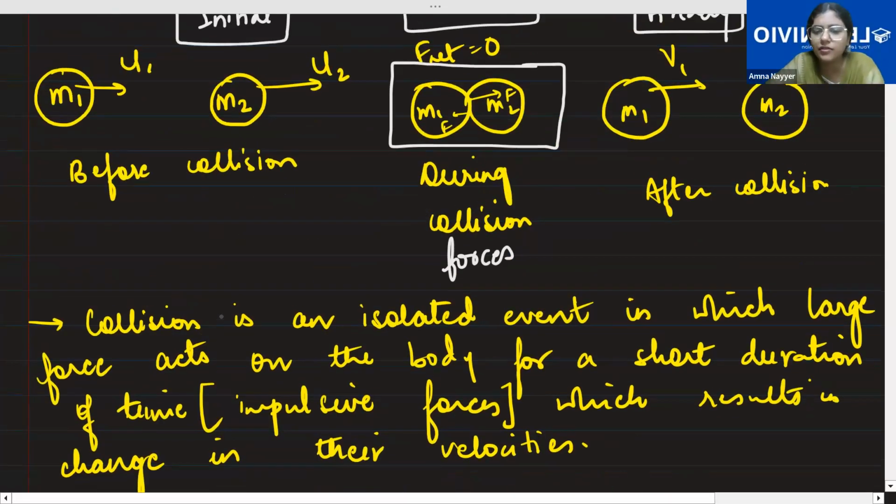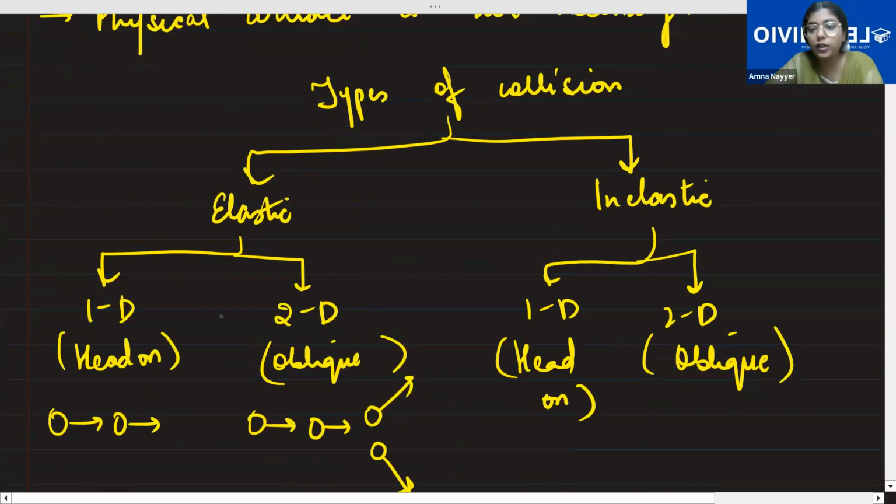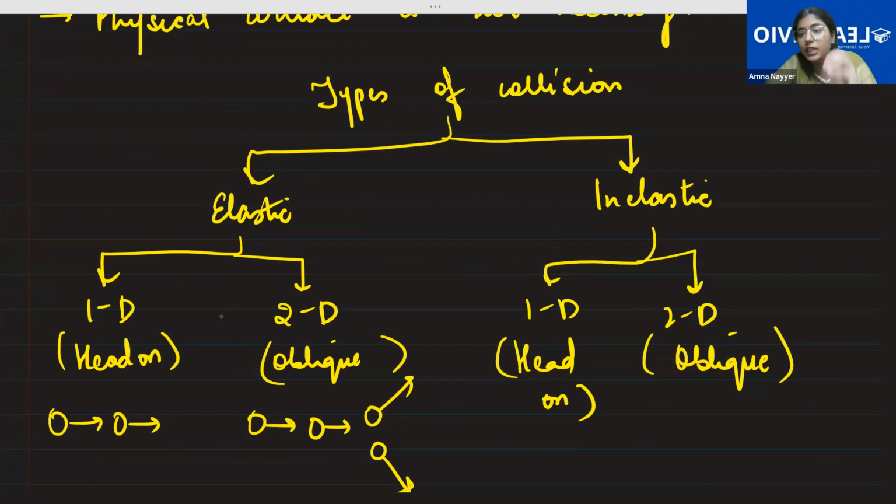So in collision, lots of things can occur. There are majorly two types of collisions, elastic and inelastic, and each of them is further divided into 1D and 2D. 1D means both bodies collide across the x-axis only, the same axis, either coming from two different ends or both moving and colliding along one axis. The other is the oblique one, where it is not necessary that a body struck with a certain velocity moves in exactly the same direction.